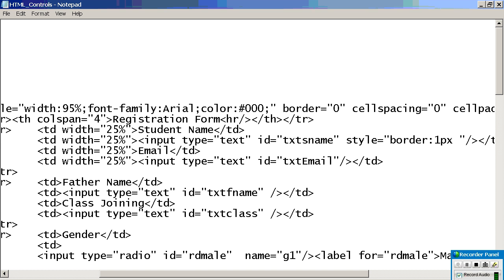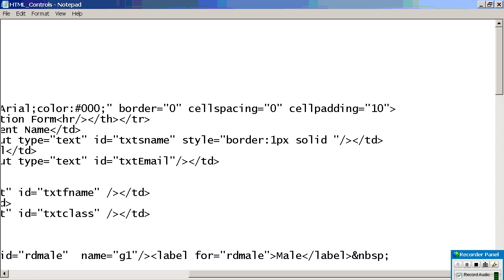You need to specify the border style, solid or dashed. Border can be multiple things, right? Normal, dash will come. And what color do you want? I want some color.